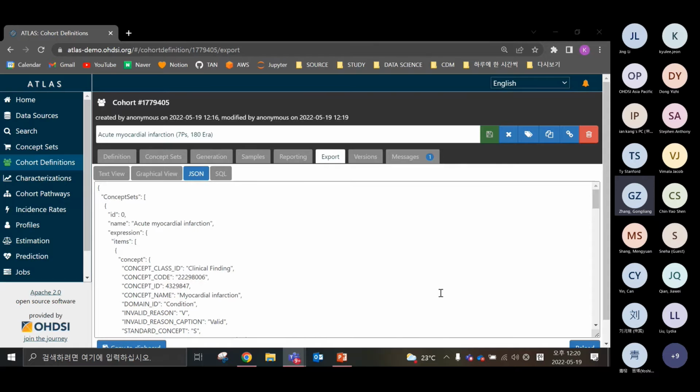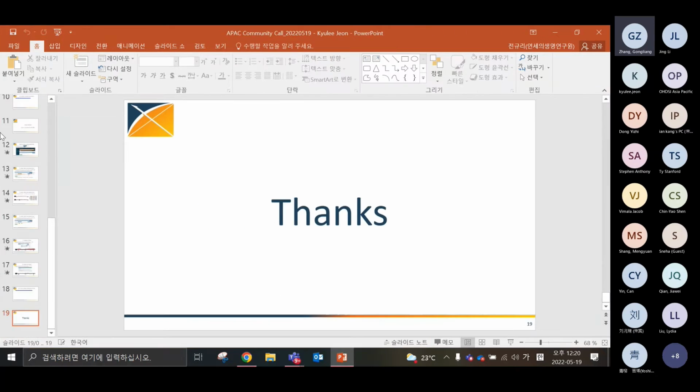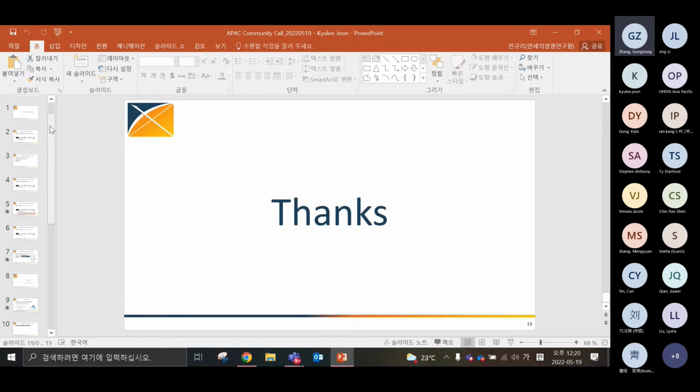Yes, can you hear me? Yes. I'm from medicine at Baltimore. We just built this OHDSI OMOP with my hospital data set. One question: we try to find the patient cohort based on the care site.